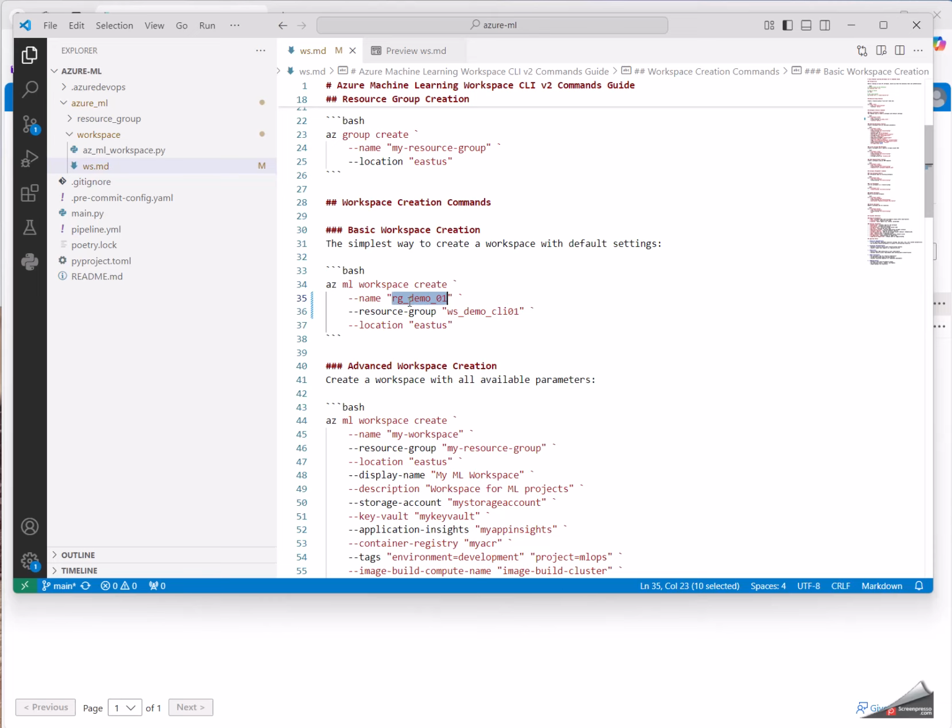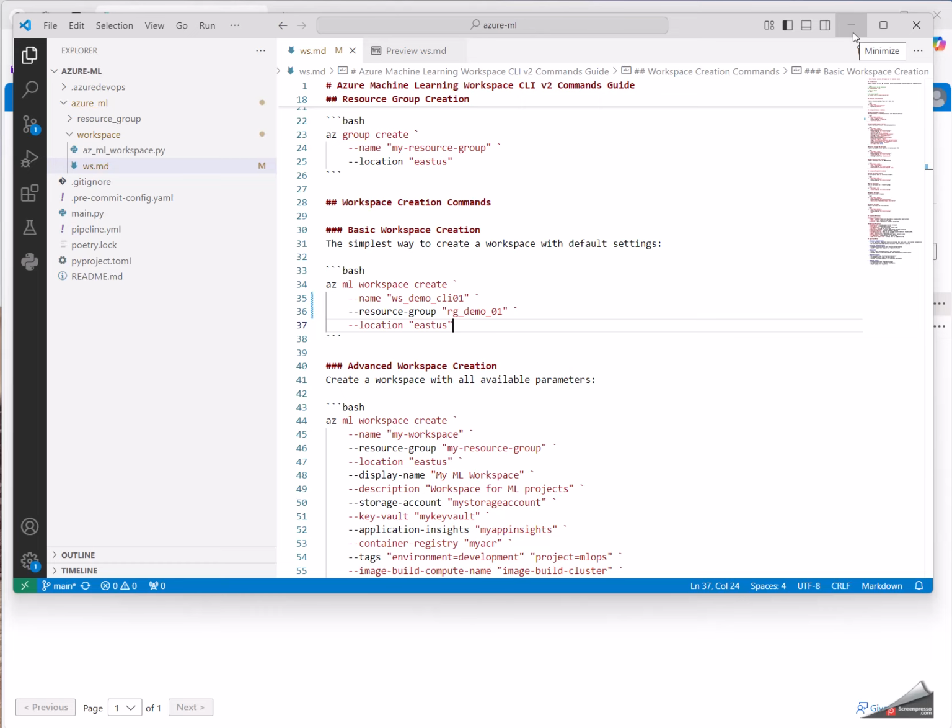This is the name of the workspace, as we saw in the Azure Studio. Now, this is my workspace name, and this is the resource group and the location. The location has to be identical to the resource group.